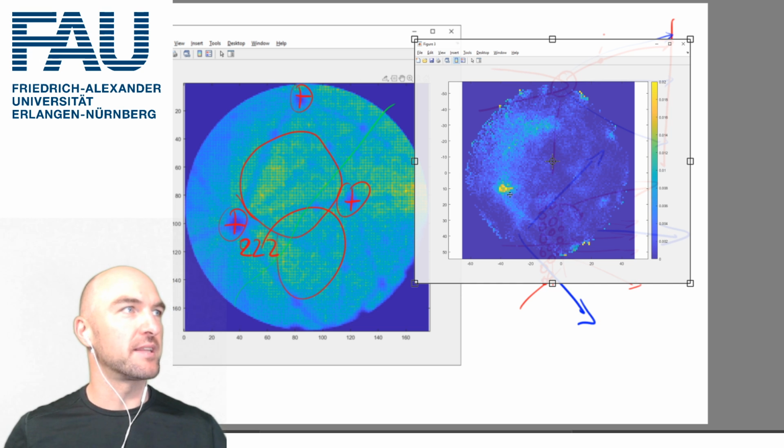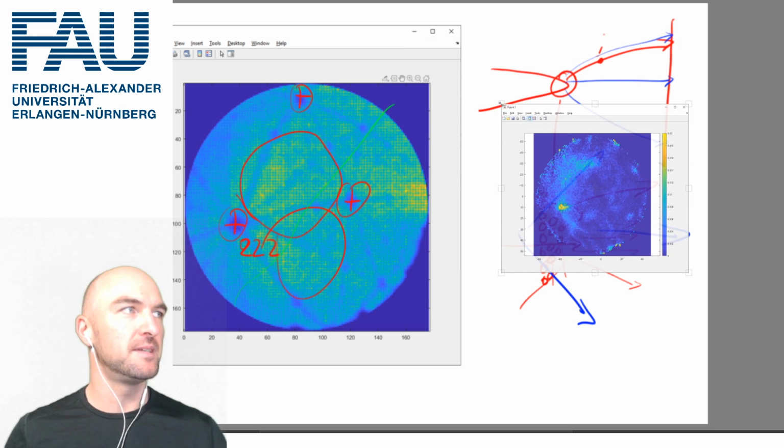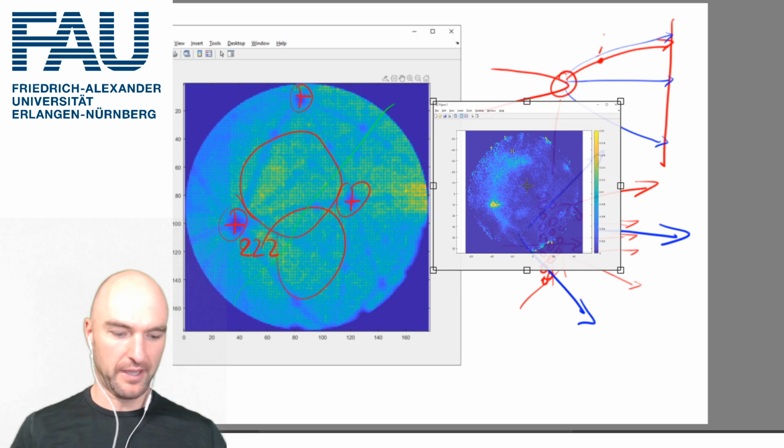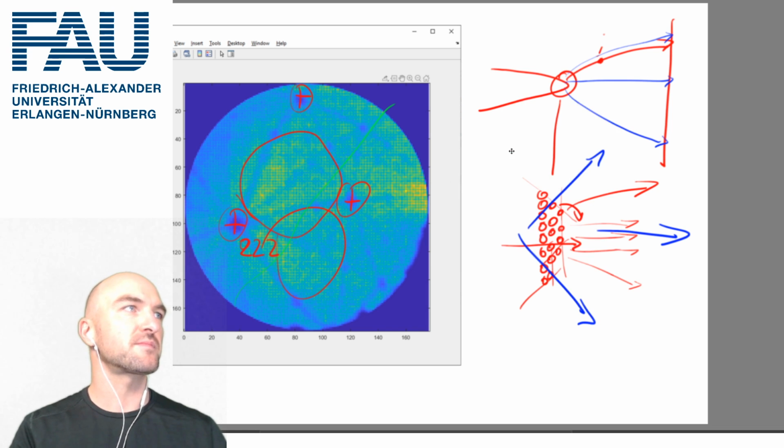But what you can see right now is that we'll find more copper here, right? So this is something that's pretty interesting that we can see from such a 2D concentration map. Or